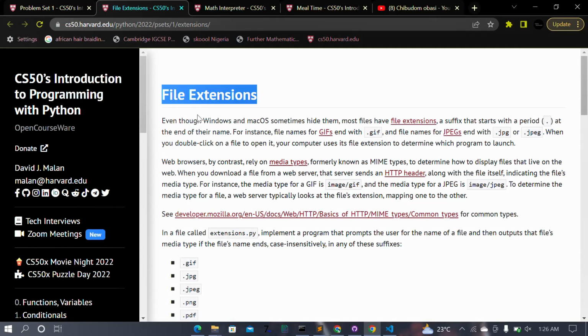Even though Windows and macOS sometimes hide them, most files have file extension, a suffix that starts with a period at the end of their name. For instance, files like web browsers by contrast rely on media types known as